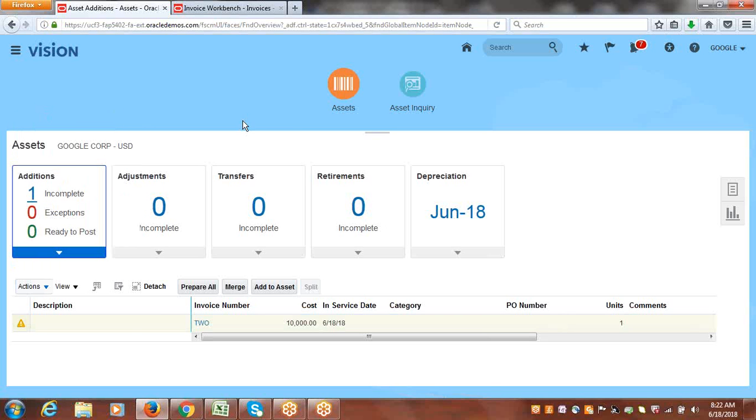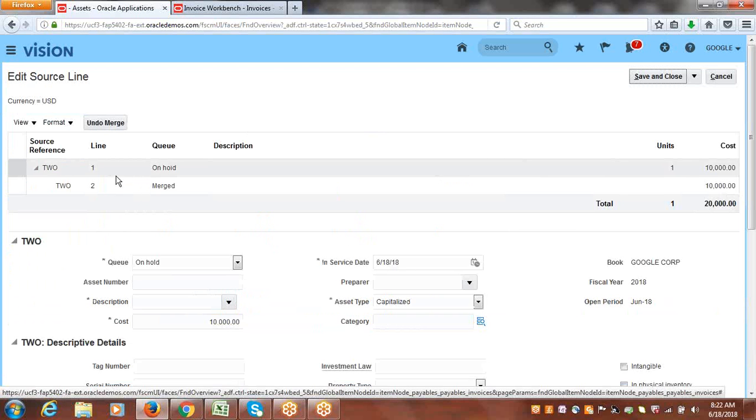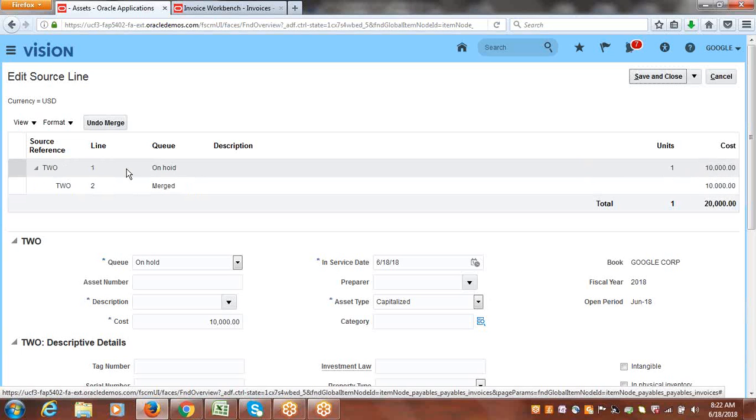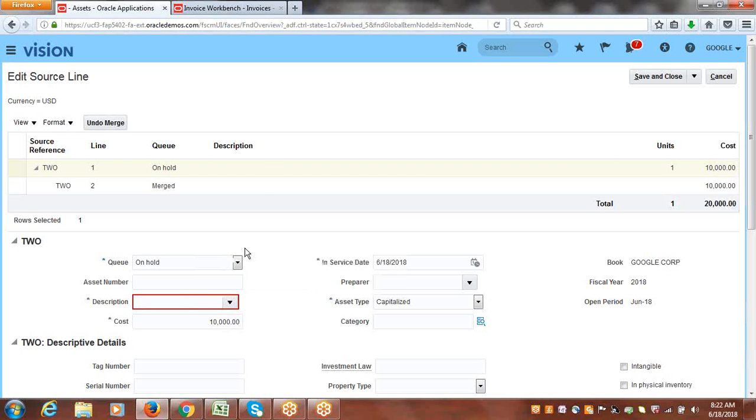Here you can find the two lines. Okay, line 1, line 2. Line 1 status is on hold. The second one is merged. That means this line got merged with the first line. So we have to go with the on hold status line and change the queue status from on hold to post, so that we can prepare this line to create as asset. So in the description you can write, say, billing 2,